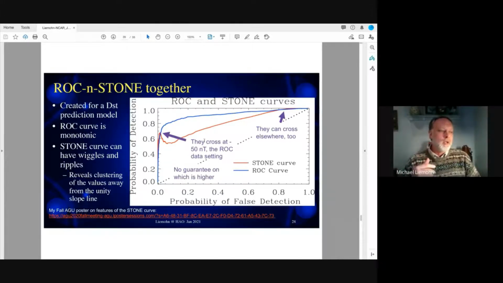and you end up with this curve, and you can see that the STONE curve has this non-monotonicity. It jumps up right there. And when you have these non-monotonicities, that tells you something about the data model relationship. And so if you are trying to exactly predict a data set with a model output, then a STONE curve is actually a pretty useful thing to do, because when you get these types of features like this non-monotonicity,